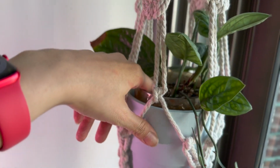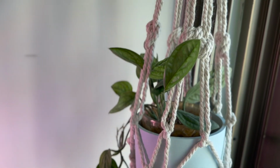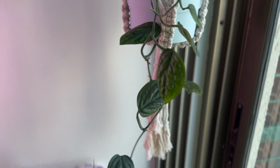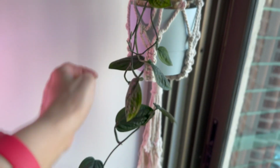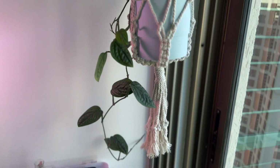It's bone dry. I need to water it, which I will. But it did see some new growth. I had propagated some of the vines. One of the vines, it was a single vine plant, but this was the second one, which I propagated from the main one, this one, and I put it back in, and it was giving me new leaves, which are here, but I think it's so dry, it's not really able to push out the leaves